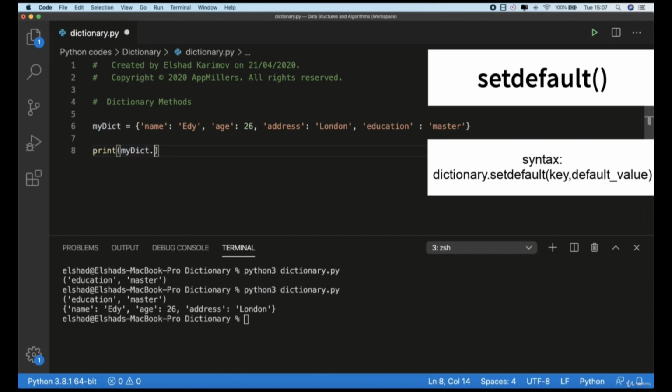One more time, I will put dictionary here and call setDefault. As I said, it takes two parameters. The first parameter, let's put the key from the dictionary. Let's put the one which exists. And the second parameter, I'll put, for example, added. So if I run this now, you see that it returns Eddie, which means that this is the value of